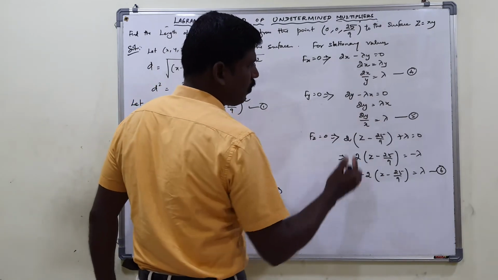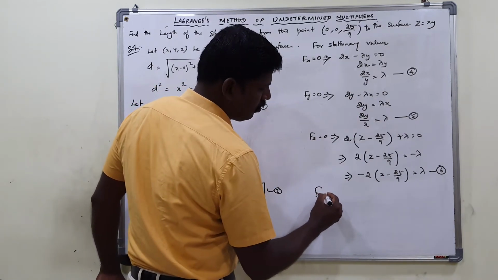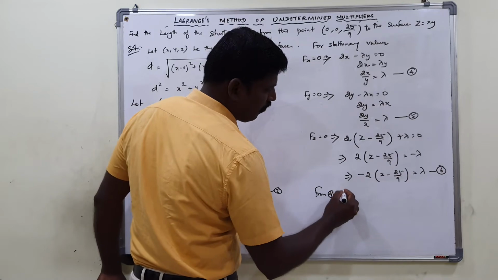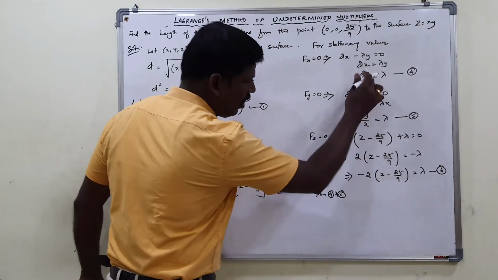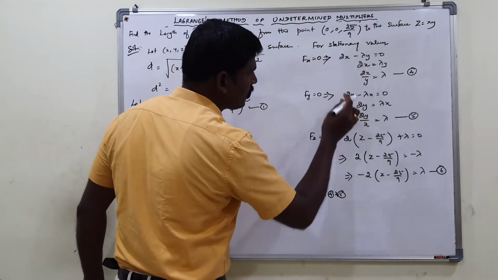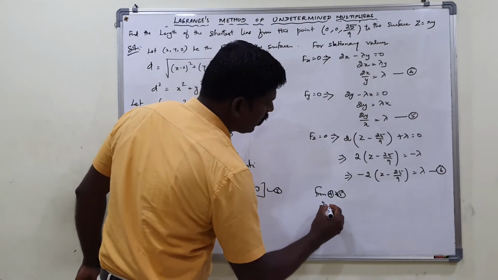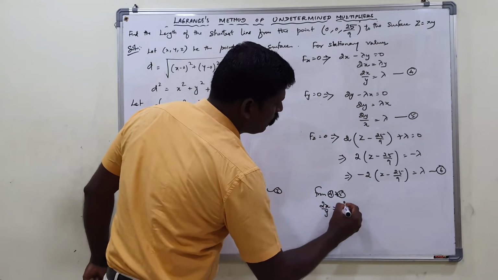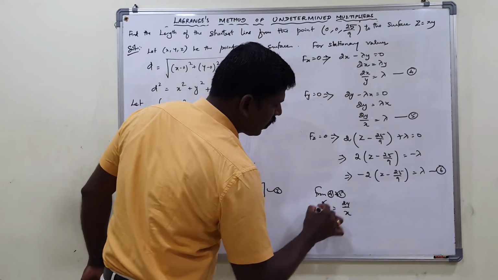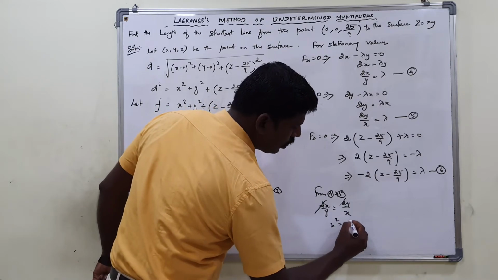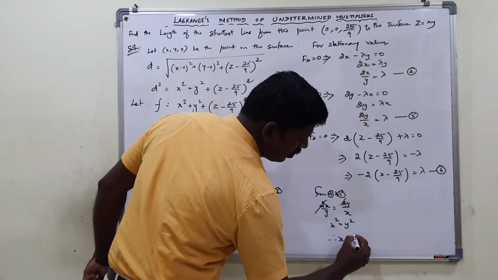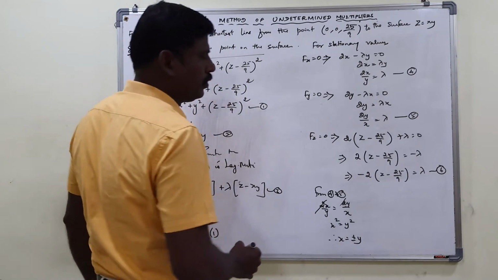Right? So from 4 and 5, we can equate both of the two, isn't it? So right hand side, all are equal. Just I am going to equate first these two. Okay. So 2x by y equal to 2y by x. We can cancel 2 on both sides. Okay. Cross multiply, x square is equal to y square. Therefore, what is x? Plus or minus y.